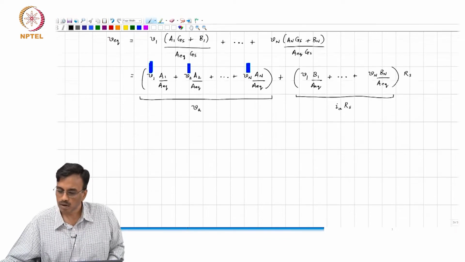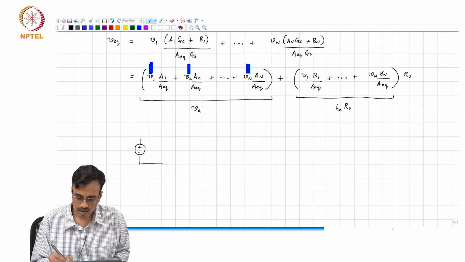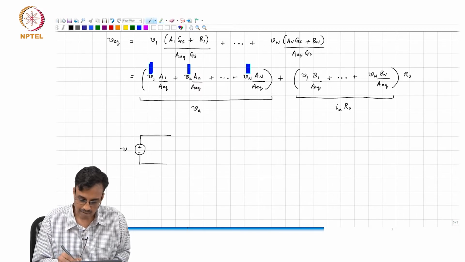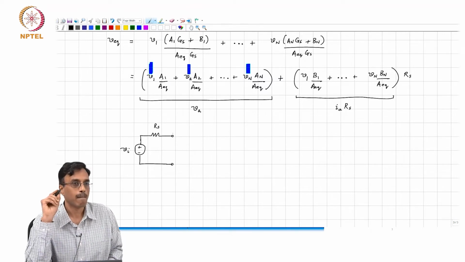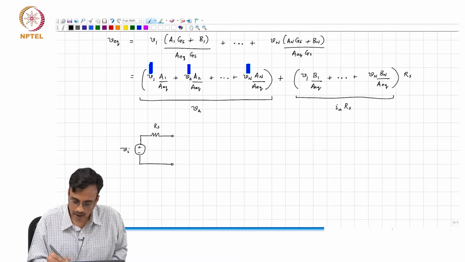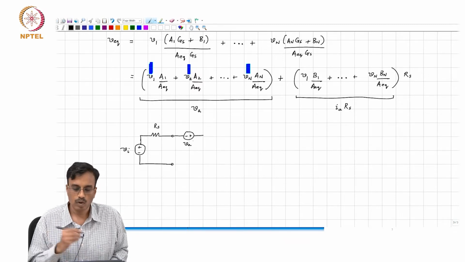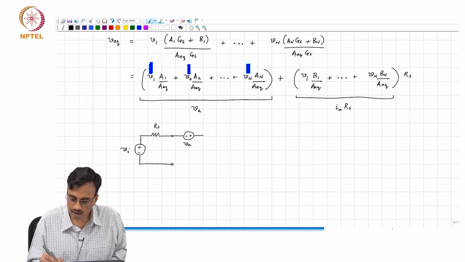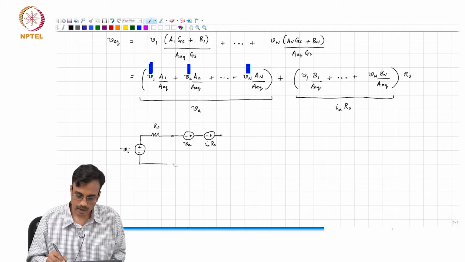So therefore, to come back to our equivalent noise source, so we have Vi, this is Rs, okay, and our equivalent noise source consists of two components. One is VA and the other one is IA times Rs,